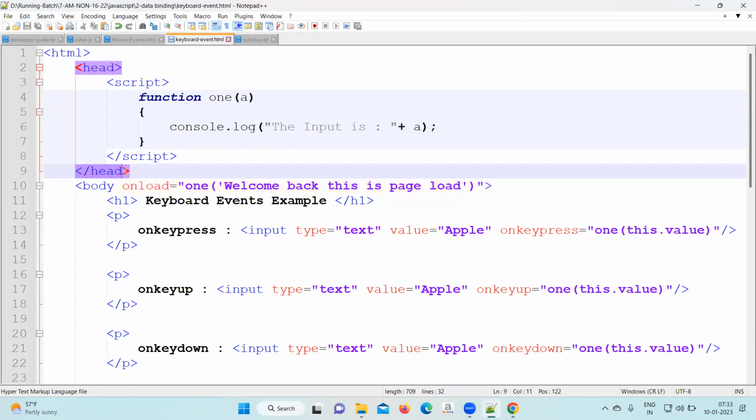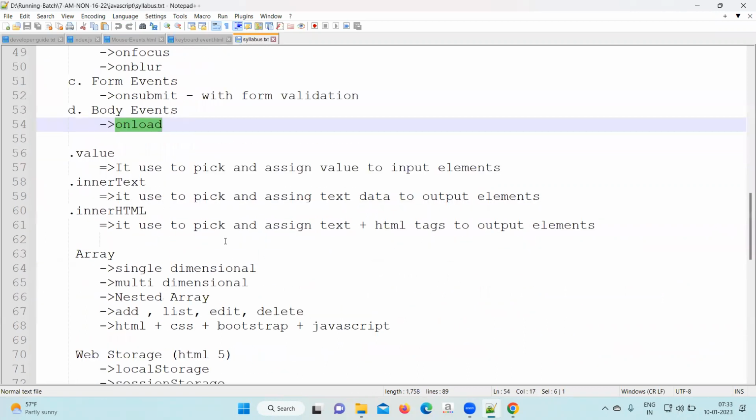Okay. Let's look next. Next, after this, we have more important points. That is how communication will happen now: sending the value from HTML to JavaScript and JavaScript to HTML. So in that case, we required